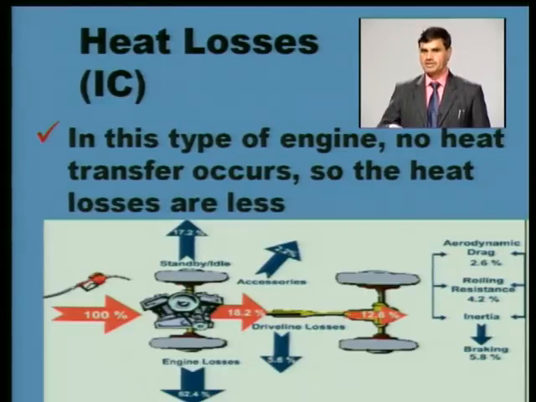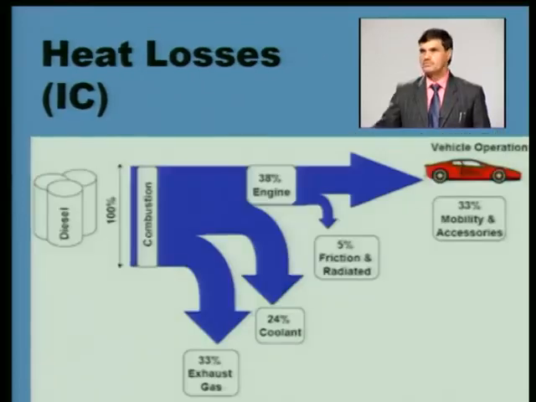Normally the resistances are the rolling resistance on the road when the vehicle is moving. According to the speed of the vehicle, air will be forcing in the reverse direction of the movement of the vehicle, so there is air resistance also, and if the vehicle is climbing a higher gradient, then gradient losses are there. So whatever output is being received by the wheels is basically to overcome the resistances in the form of rolling, air resistance, and gradient resistance. These are again heat losses in the form of the heat balance sheet.